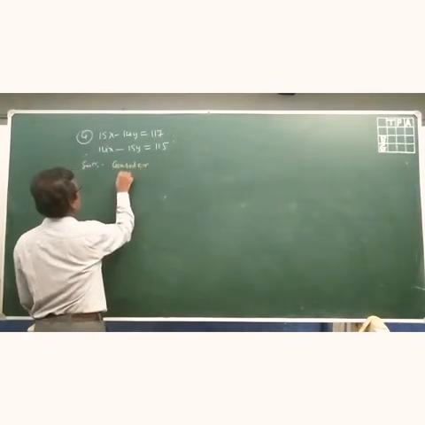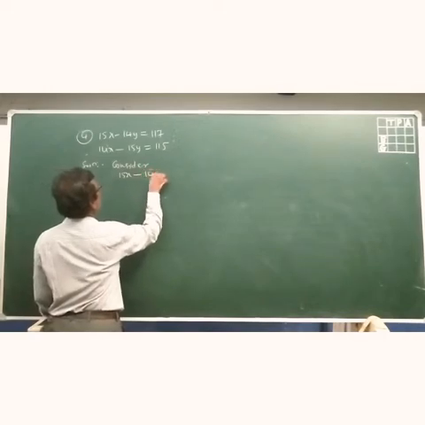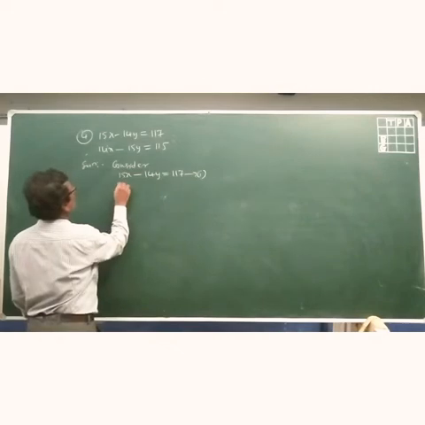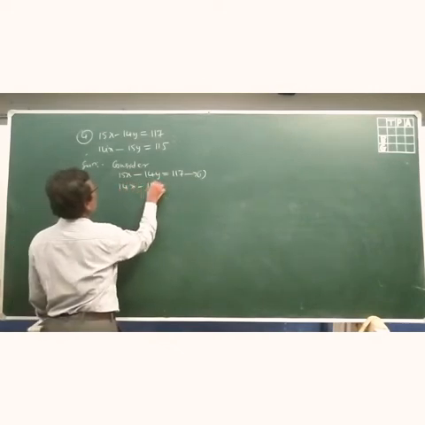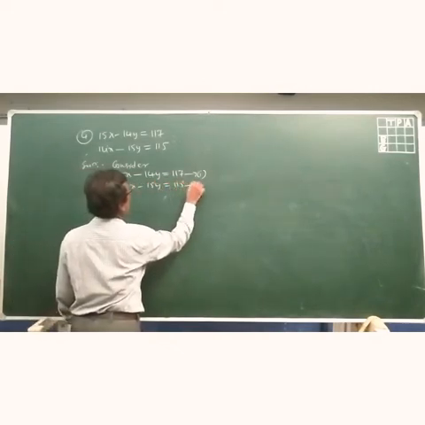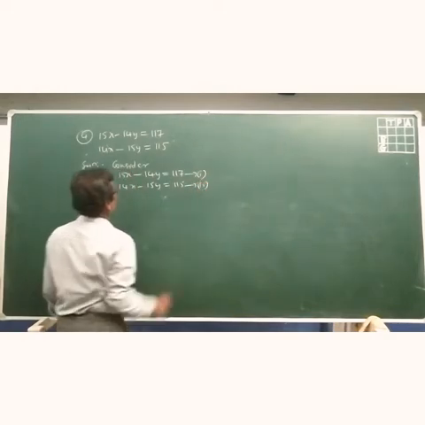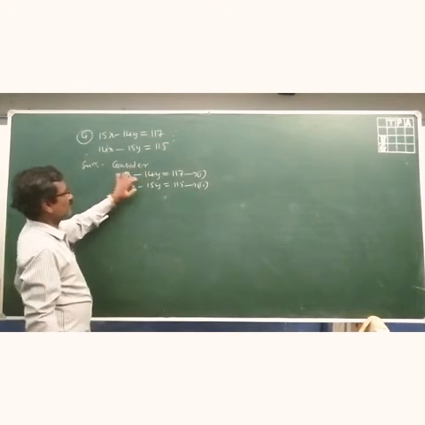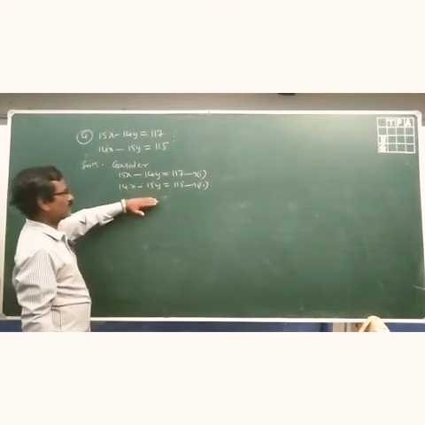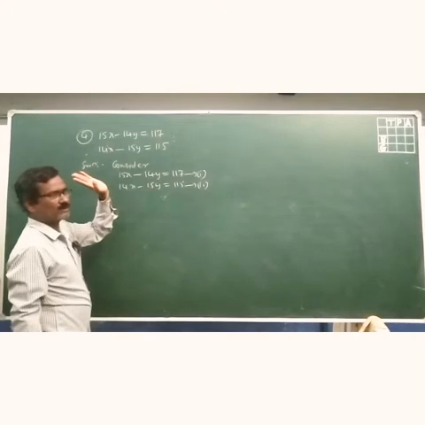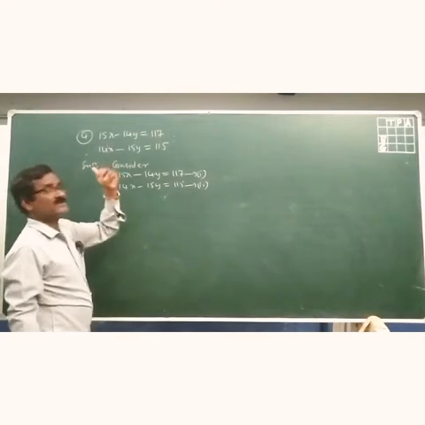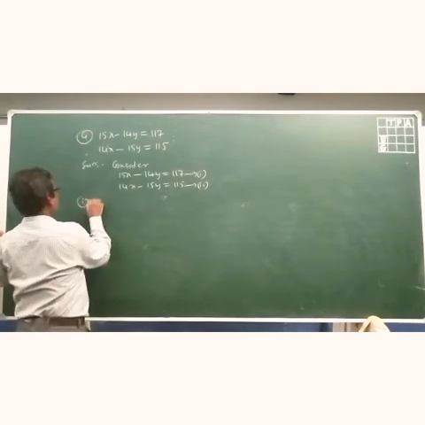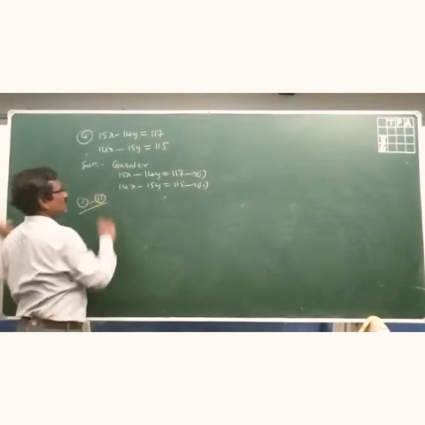Now I will consider the equation 15x minus 14y is equal to 117. This is equation 1. Then 14x minus 15y is equal to 115. This is equation 2. As there are 15, 14, 14, 15 for the x and y variables respectively, we can add and subtract each one time, so that we will get equations 3 and 4. First, subtract equation 2 from equation 1.